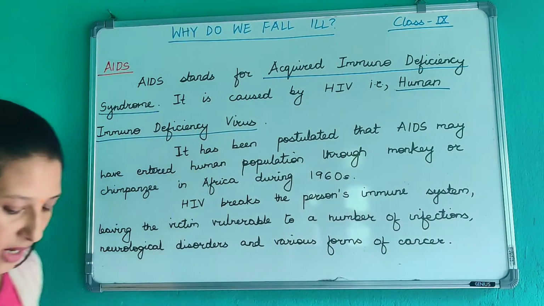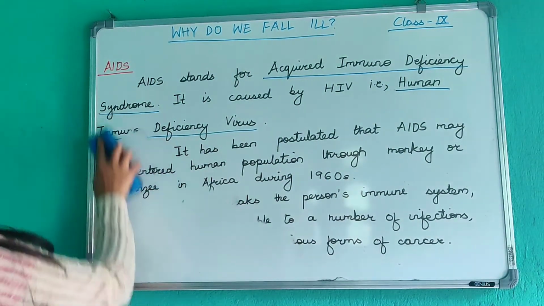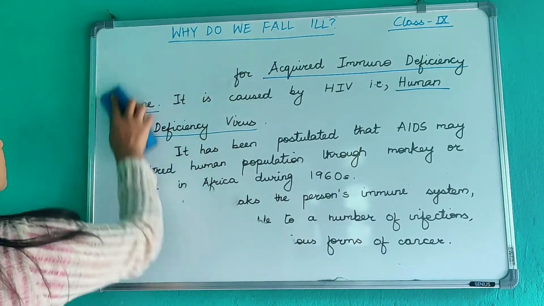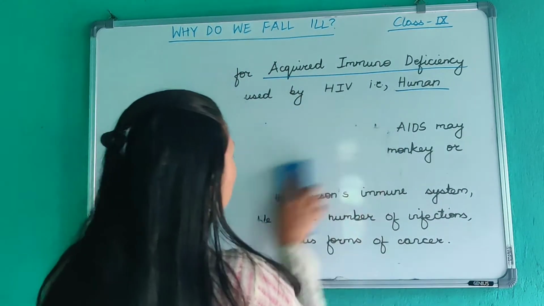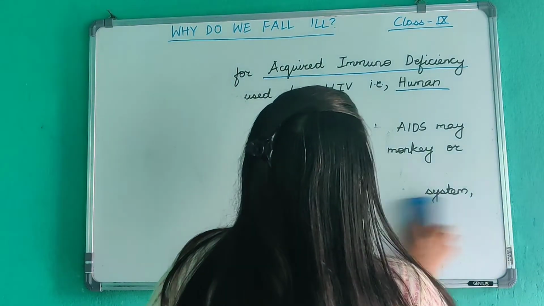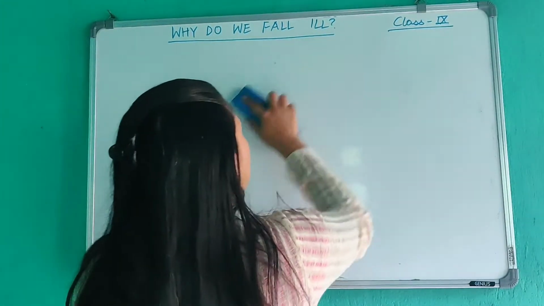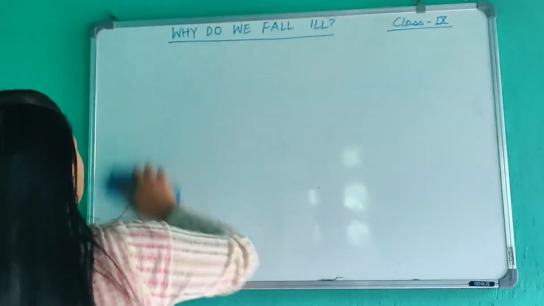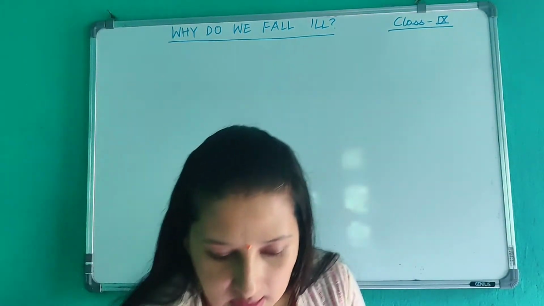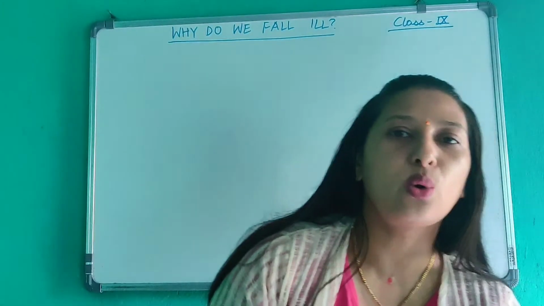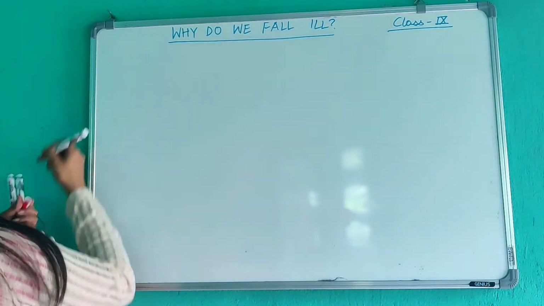Okay, now let us talk about the symptoms of AIDS. How do we know that a person is suffering from AIDS? What are the symptoms? They are the changes that we see in the normal functioning of the body. So what are the symptoms that give away that the person is suffering from AIDS? Now, AIDS is a very dangerous disease. Why? Because during initial infection with HIV or with AIDS, the person shows no specific symptoms. Okay, that is why it is dangerous.